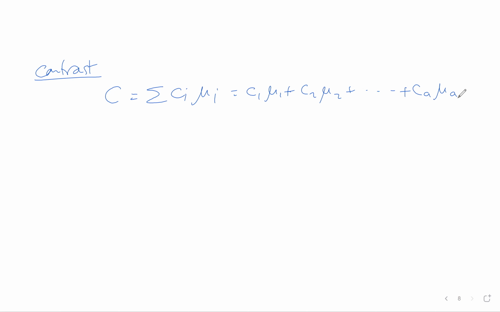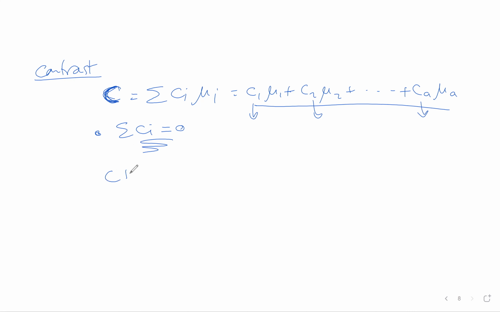So how do I make a confidence interval for this one? Because it is a function of unknown values. Mu's are unknown. And how do I do a test of hypothesis? Before you do the test of hypothesis or the confidence interval, you need to make sure the sum of CI is 0. If the sum of CI is 0, this contrast can be estimated and tested. But if the sum of these is not 0, it is not a contrast. You shouldn't estimate this one, or do testing or a confidence interval.